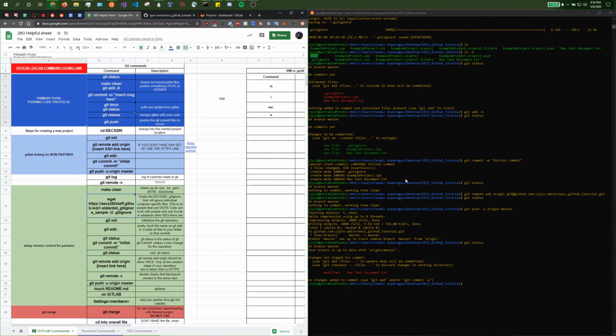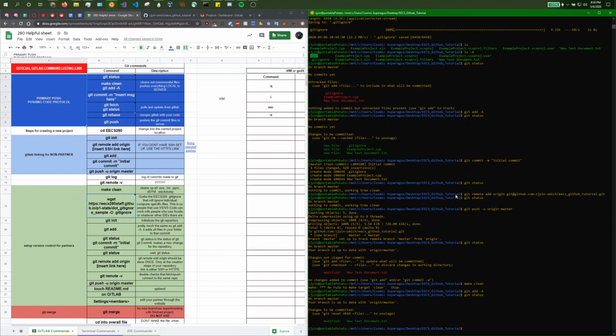So for pushing, let's make clean. It won't do anything here because I don't have a makefile. We'll do git add to add all the changes we've made, git status, so you can see that it's turned green, and now you can commit. So git commit -m